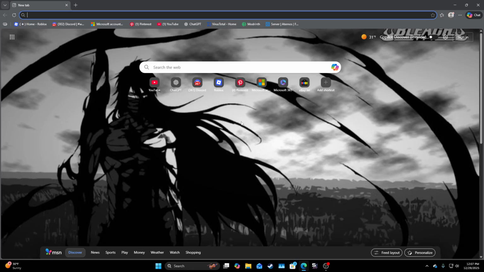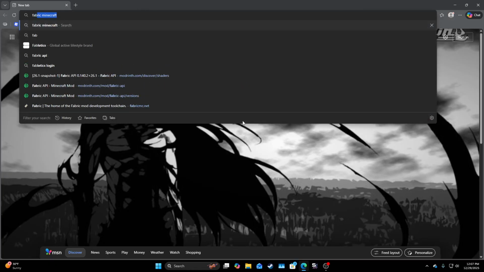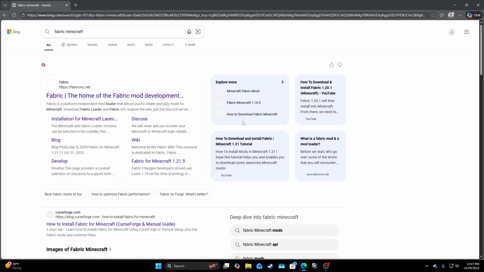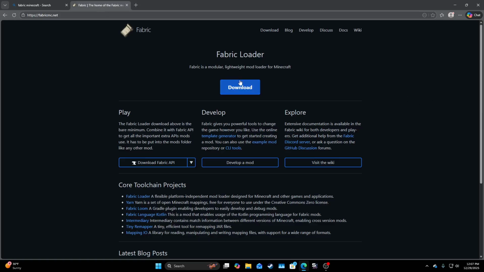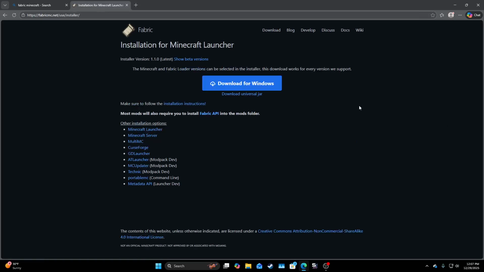So you're gonna open a browser, whichever browser you use. You're gonna type in Fabric Minecraft, right? So you're gonna click on the actual Fabric right here. Should be the first one. You're gonna click download. Got to download Fabric Loader, right? You're gonna download it. You're gonna open it,